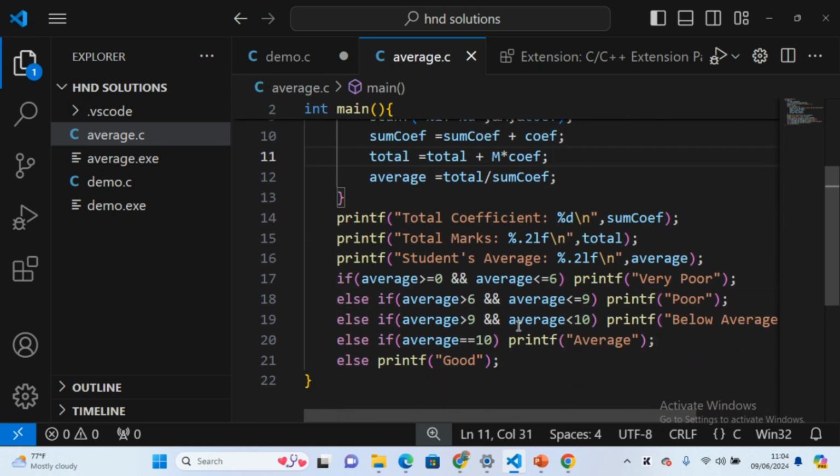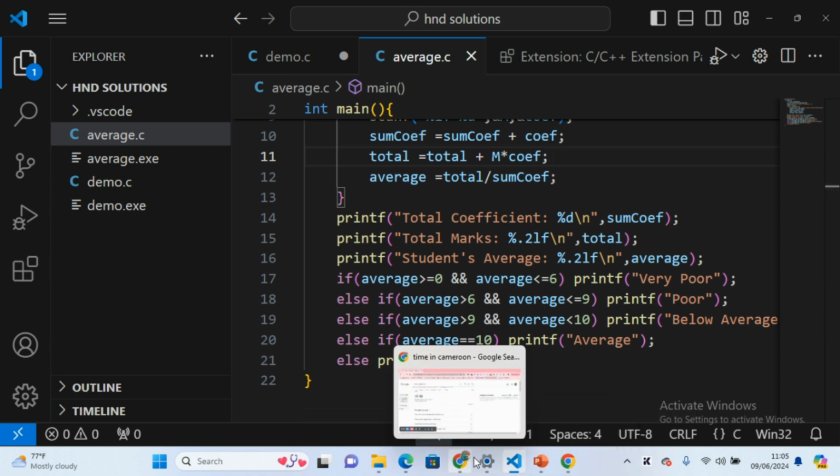So you see that C gives the same output. So this is the complete program. Thank you once more for watching this video, and remember